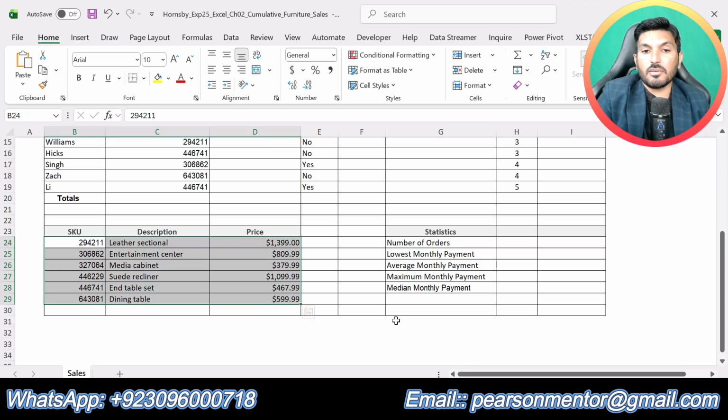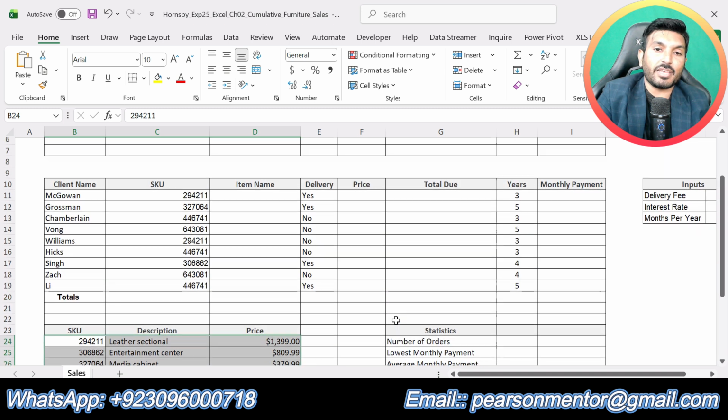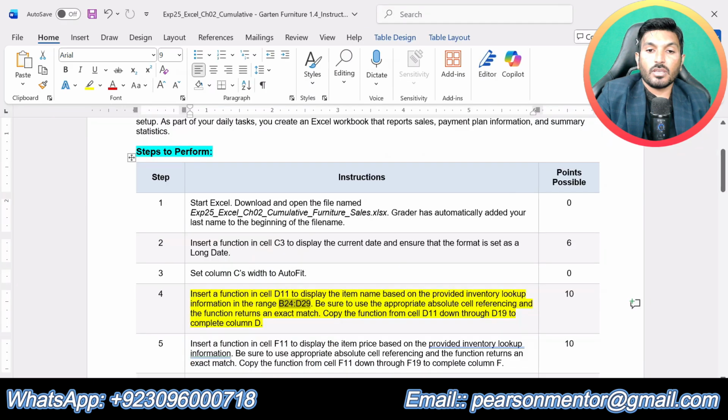So this table has the lookup information, so we can call it the lookup array as well. Be sure to use the appropriate absolute cell references and the function should return an exact match. Copy the function from cell D11 down through D19 to complete column D.